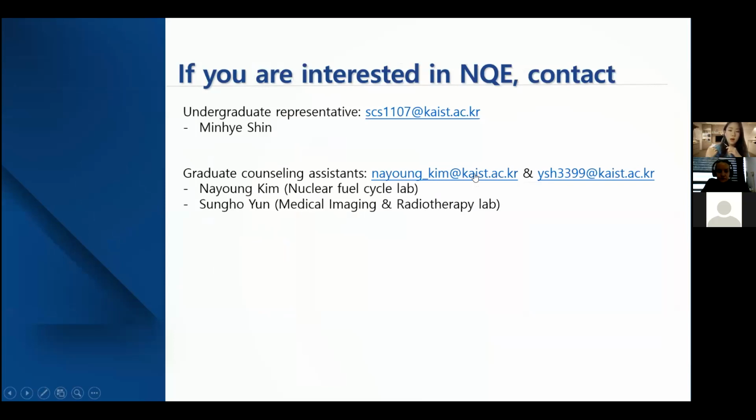I am in the nuclear fuel cycle laboratory, and what we do is waste management, some simulation codes, and working with chemistry in the fuel cycle. And Sung-ho is in the medical imaging and radiotherapy lab. So if you're interested in those fields, you can contact him. Or if you have general questions about the undergraduate program, you can contact Min-hye. So these are the